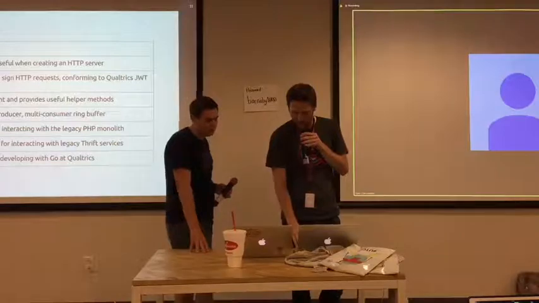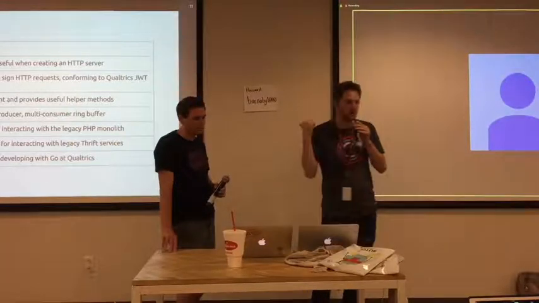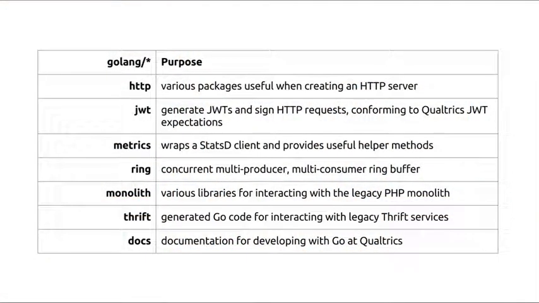We'll come back to that in a second, but these are the shared libraries that we created. We have the HTTP one for HTTP servers. We have a metrics package so that you can publish your metrics to our internal metrics registry. We've got some libraries for interacting with legacy services in our monolithic code base and over the legacy thrift APIs. That kind of stuff was stuff that basically everybody needed, but nobody wanted to implement. So having done it once and saying you'll get essentially free access to all this stuff removed a lot of excuses for why people didn't want to use Go.